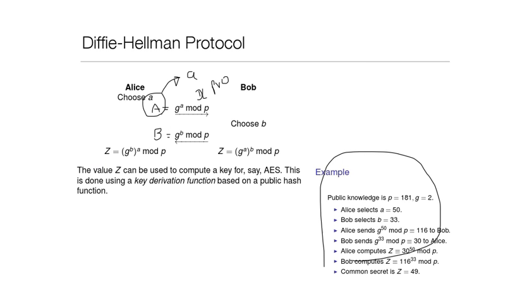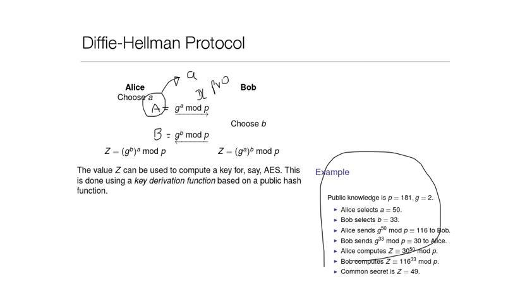But once Bob gets the capital A value from Alice, Bob has no evidence or guarantee that this capital A value is really coming from Alice. So there is no authentication. Still, this protocol is theoretically secure, not possible to break. That means it is not possible to compute the Z value,